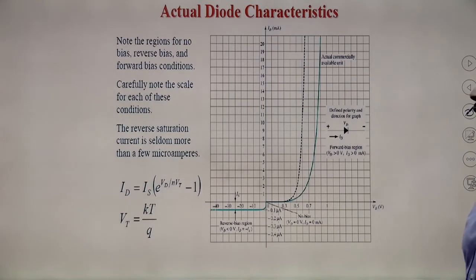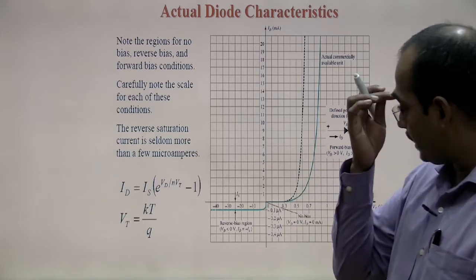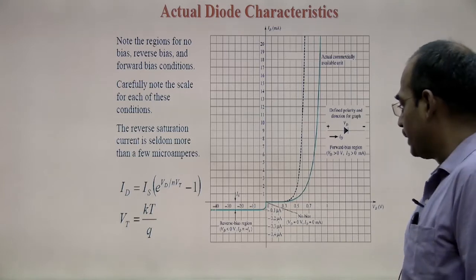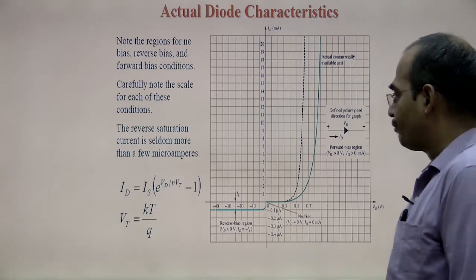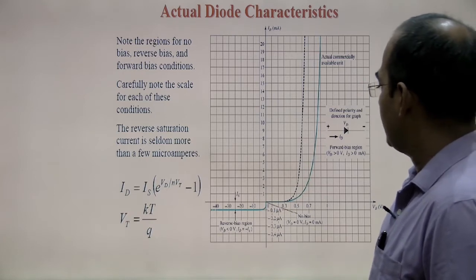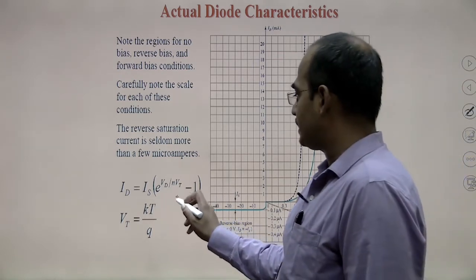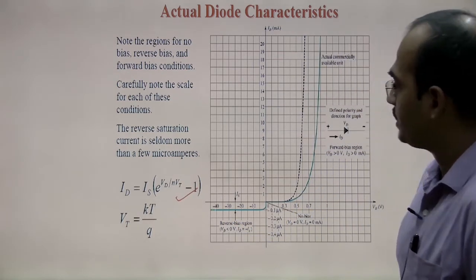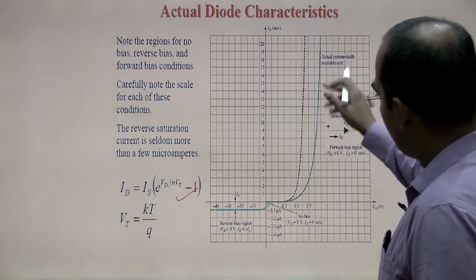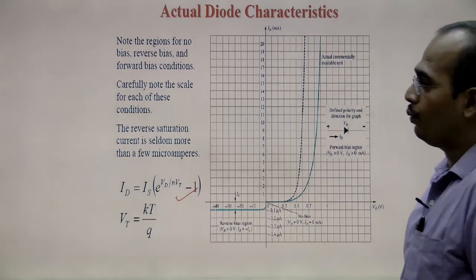Now come to the diode characteristic. As I told you, the current flows through the diode only in case of forward bias condition. So when the diode is forward biased, the current will flow and it will increase exponentially, because it follows the diode current equation, ID is equal to IS e to the power VD by eta VT minus 1. So how can we know that the current flowing through the PN junction diode is increasing exponentially, or how can we